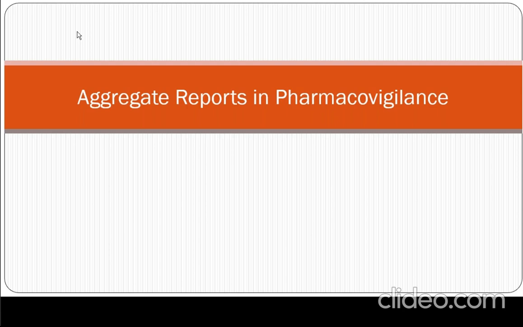It's a very high quality document which regulatory agencies seek from the pharmaceutical companies or the MAH, as we call it. The main advantage of this document is that it provides you the broad view of the safety profile of a drug.